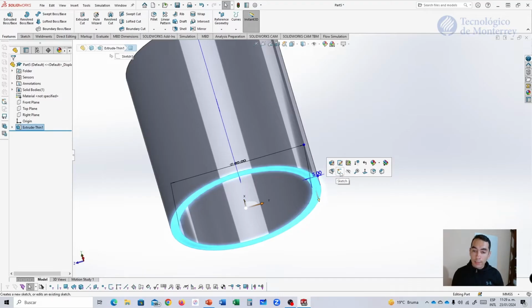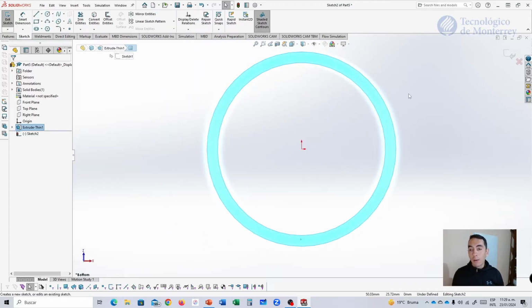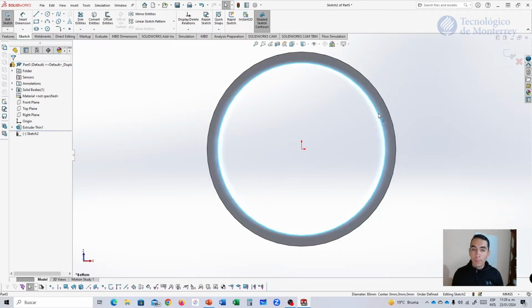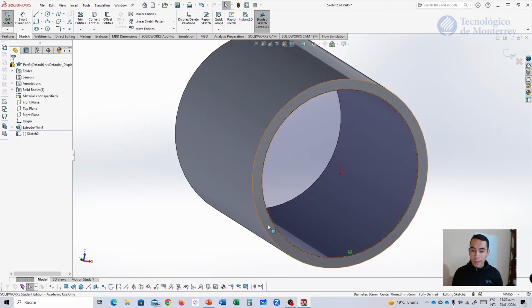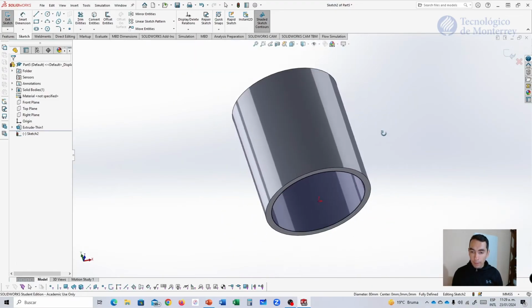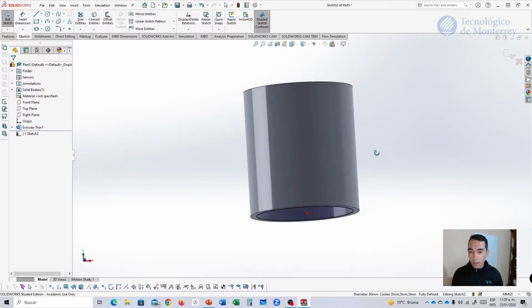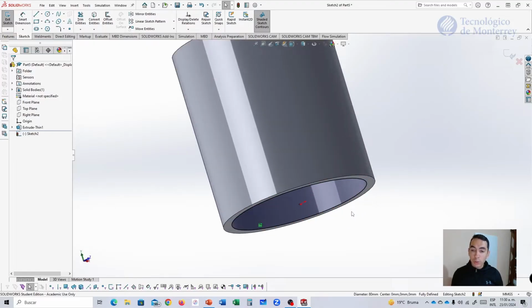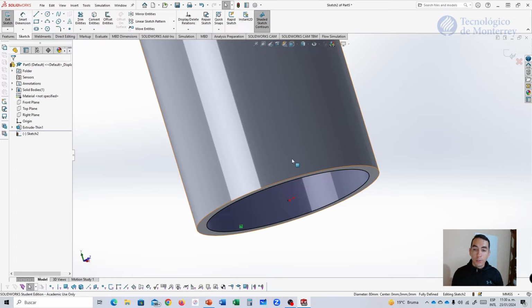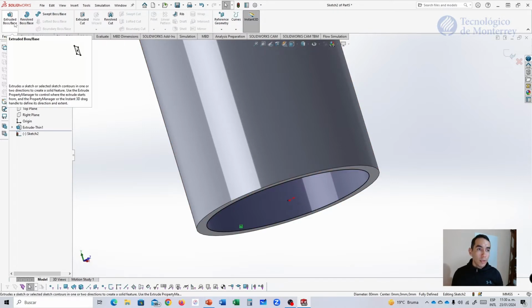So I'm going to select the sketch, and what I'm going to do here is to select this circle, the inner circle, and I'm going to select from the sketch menu, Convert Entities. Okay, and what is going to happen next is that a circle was drawn here on this plane, or this sketch that I'm drawing on. Okay, so I'm going to end up with something like this, and I'm going to extrude this circle a little bit. So to extrude, I'm going to Features, Extruded Boss Base,